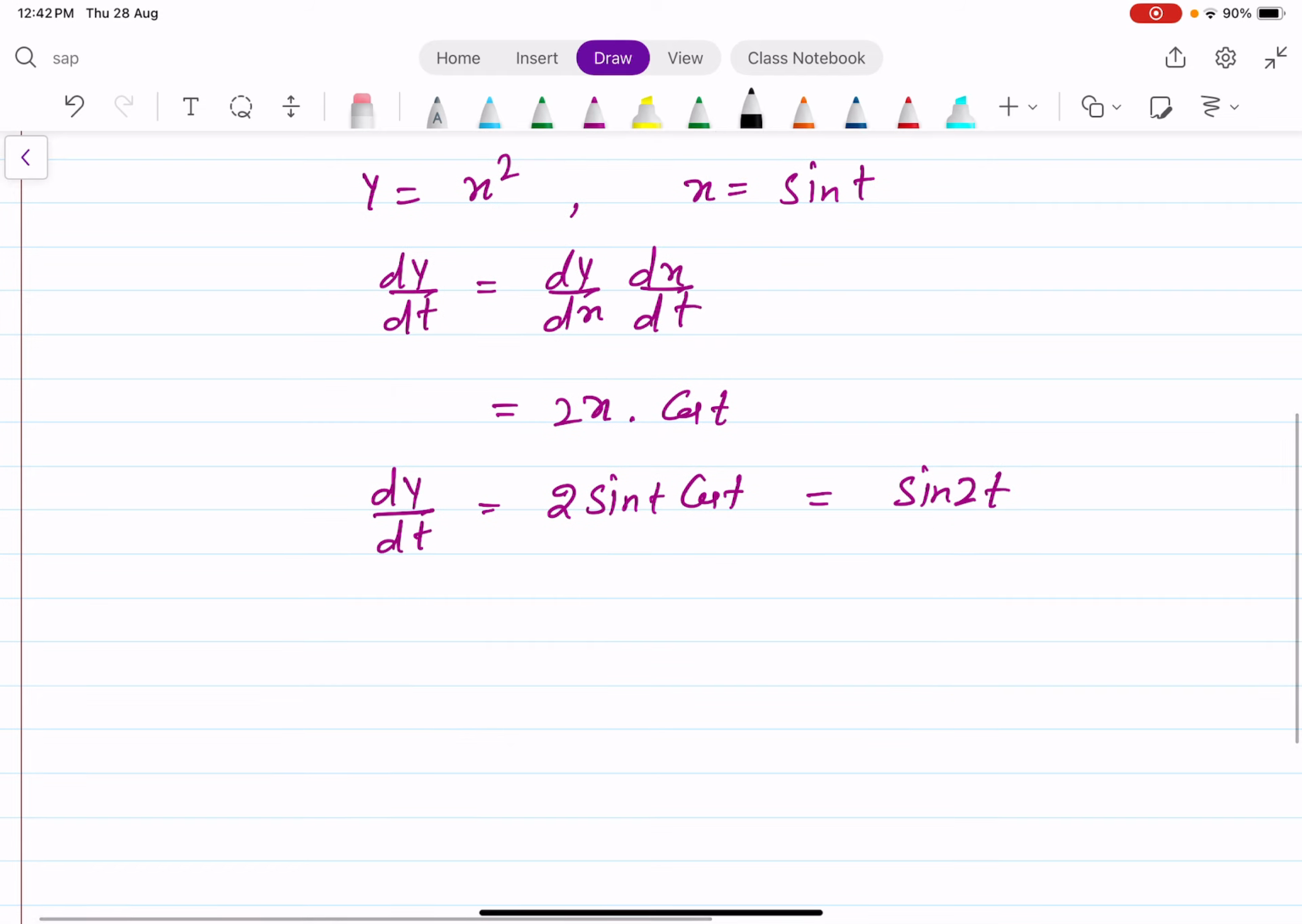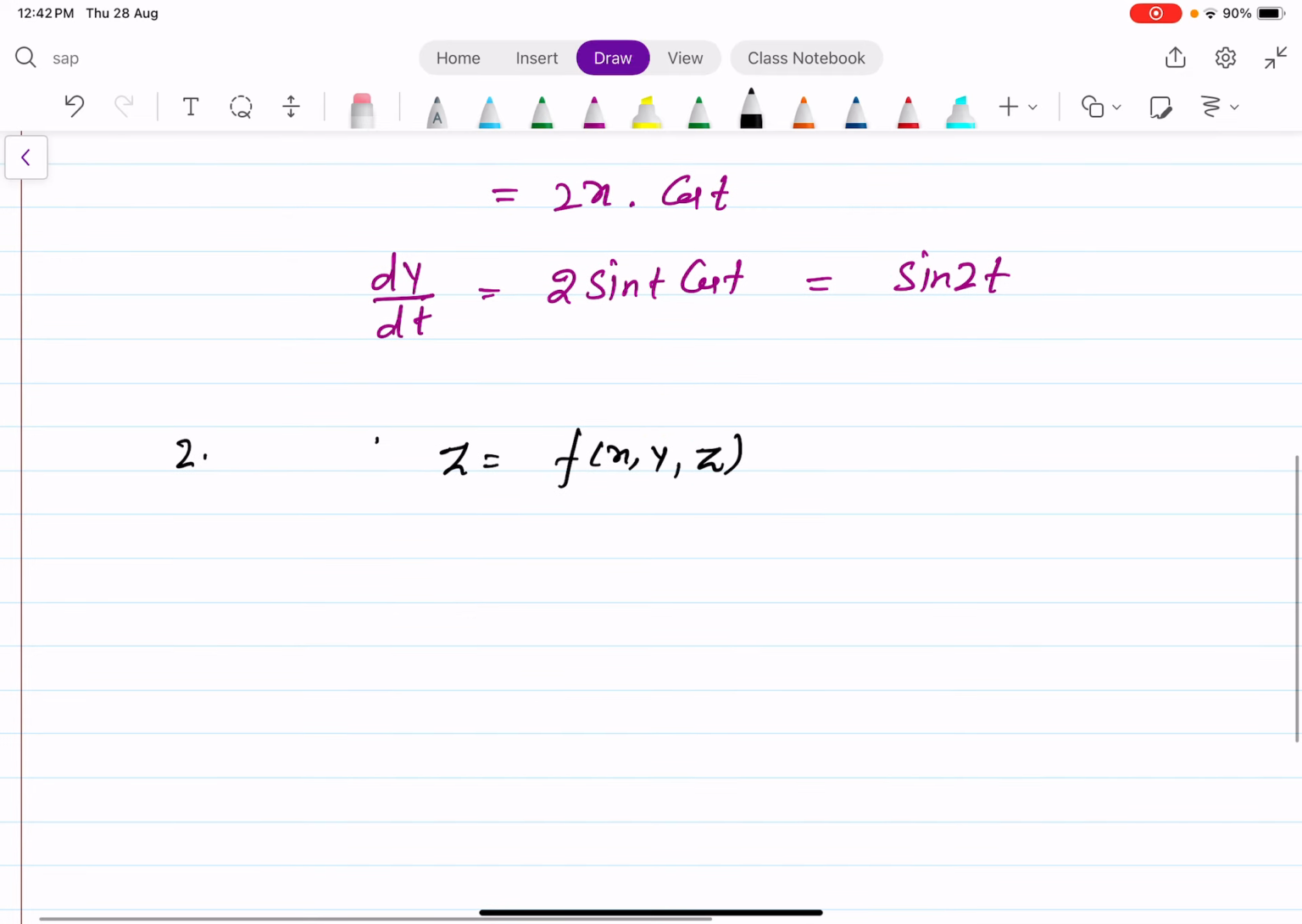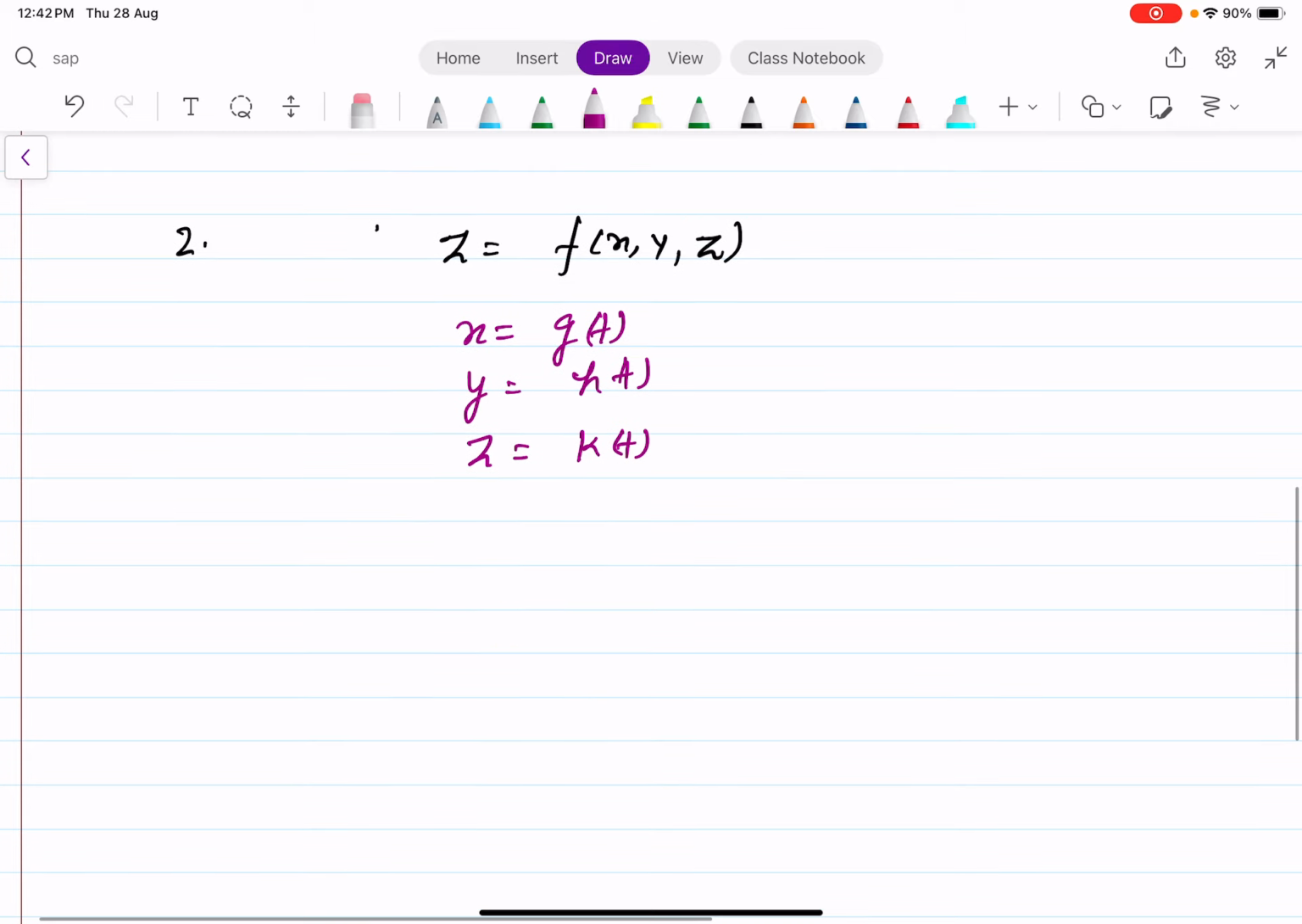Now let's talk about when it is a function of several variables. Whenever the function is of two variables, that means z equal to f of x comma y, or let us take three variables. And x, y, z are connected with another variable, let us suppose it is t. So x equal to g(t), y equal to h(t), and z equal to k(t). And we want to compute